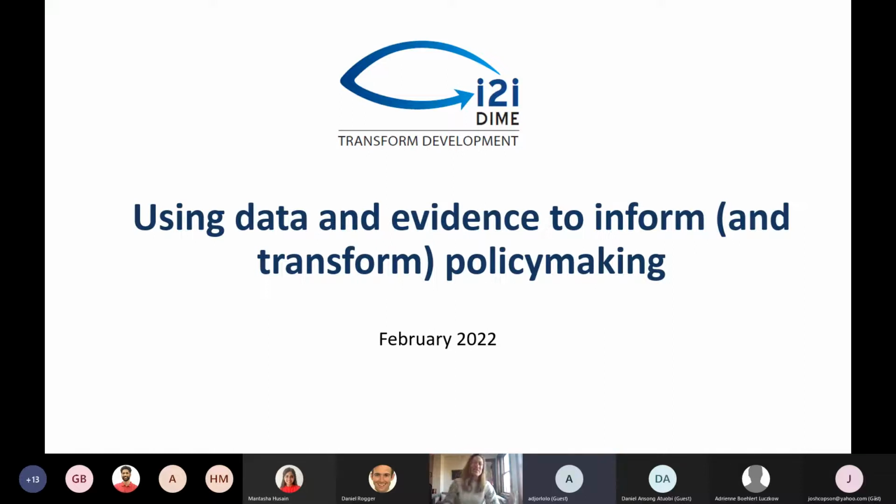So basically, the question is, how can we use data? Everyday data that you would collect, but also the evidence, the IE research results, to inform and transform policymaking. What we want to do is not just learn from our projects and their results to improve policy, but also see what we can do throughout the project lifecycle to improve what is happening within a specific country, and the capacity of the counterparts, the people that you're working with.